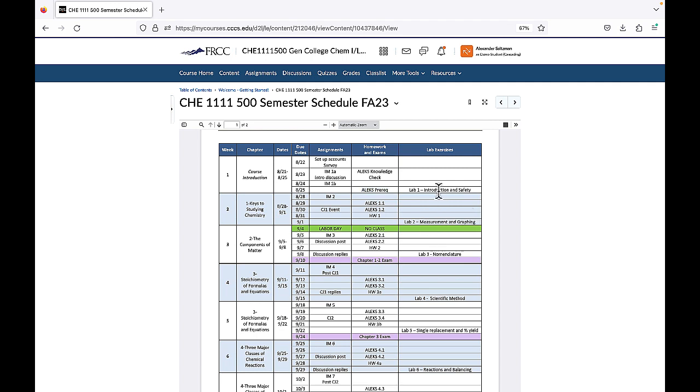So the labs are all going to be due on Friday. We'll have exams. These exams will open on Friday, but they'll close on the Sunday of each week. And your different homeworks will be due at different times each week. So as we look here under homework and exams into week 2, that's when we're going to start with our